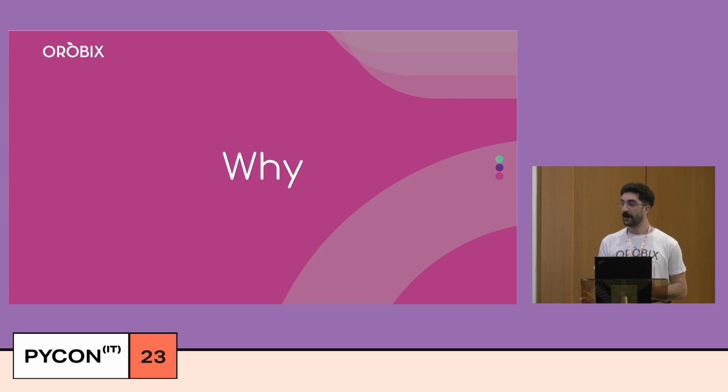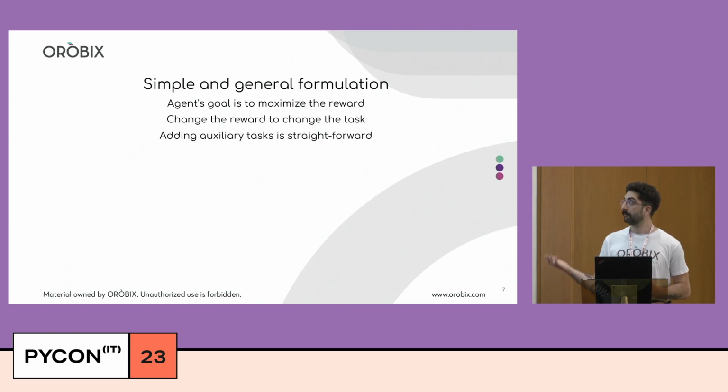So why reinforcement learning? Reinforcement learning is one of the three learning paradigms. The other two are supervised learning and unsupervised learning, right? So why does one want to use reinforcement learning? Well, it's simple and it's general, because the only thing that the agent needs to do is to maximize a reward. So there's no labeling, there's nothing. The only thing that you need is a mathematical function that is the reward,